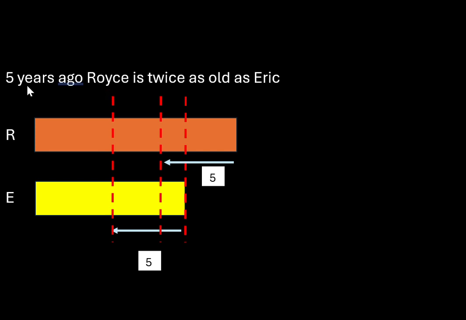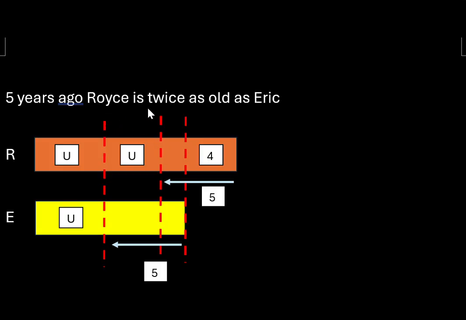Okay, so the next part, we know that 5 years ago, Royce is twice as old as Eric. So now the next step is to move 5 years ago. So we move back 5. So remember, both of them got to move back 5 because their ages 5 years ago are different. So I just draw a line of 5, I draw a line of 5, and I indicate by these two red lines on the ending point. Okay,